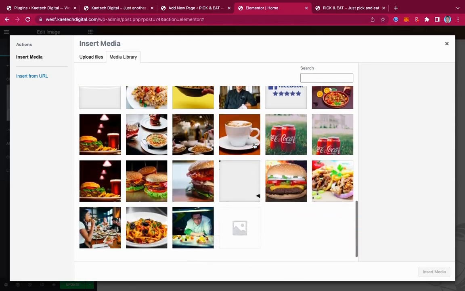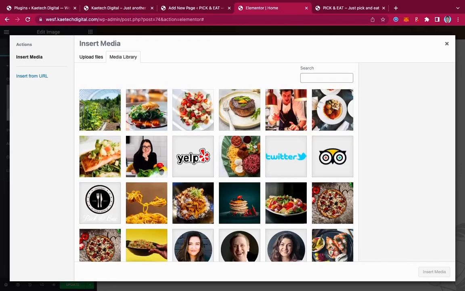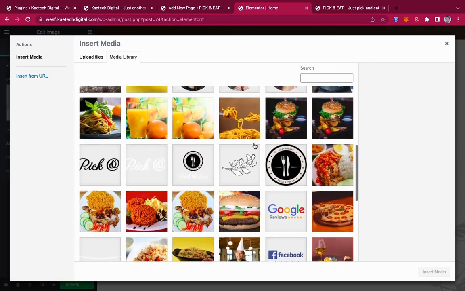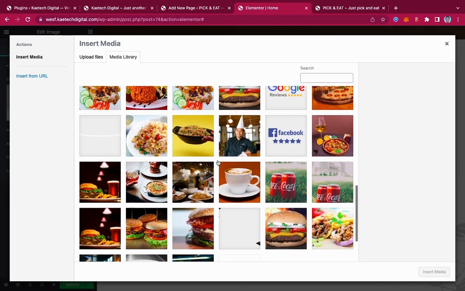I can't really see it on this side. So of course we can choose any image that we want. But I'll still look for that particular image and then use it, because there's that image that